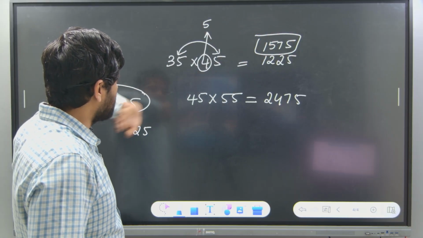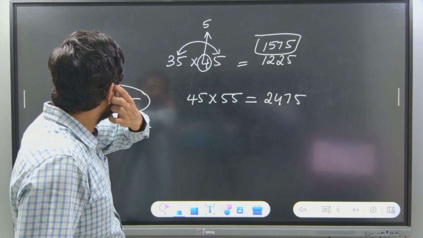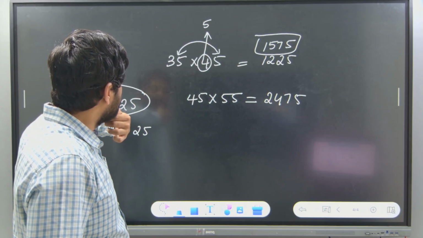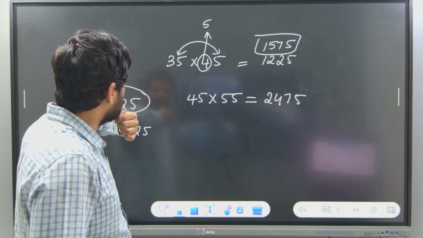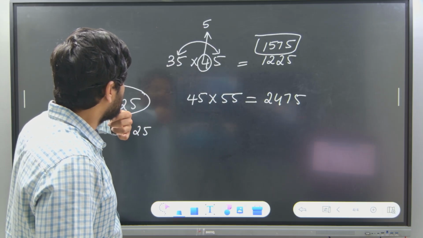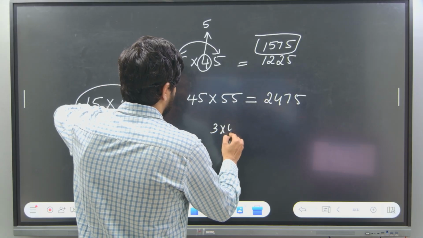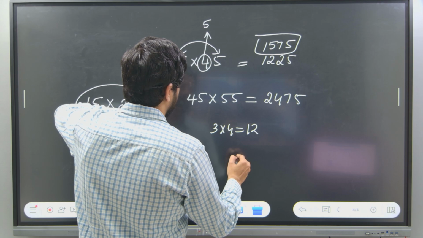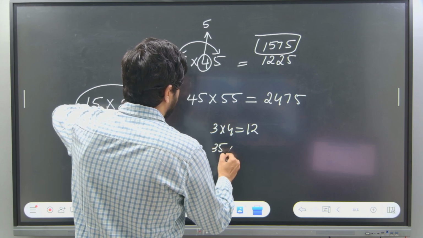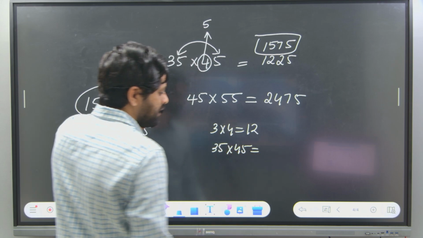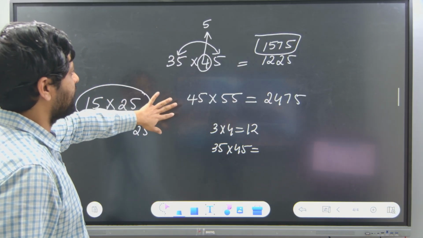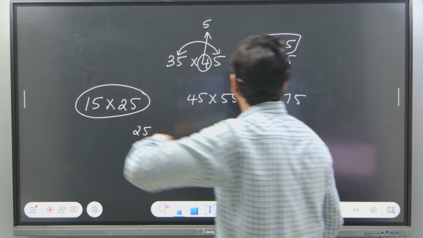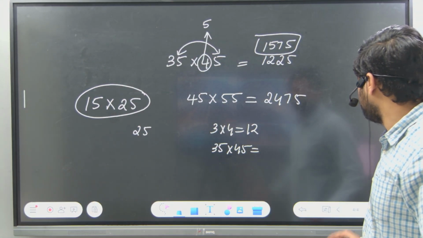I'm not able to quickly figure out where exactly the problem is. 45, 5, 5. 3 4s are 12. Then the first digit of 35. I'll just check into it. I'm just missing something. We have a trick like this, but sorry for going wrong on this particular trick. 1575. I'll look into that.